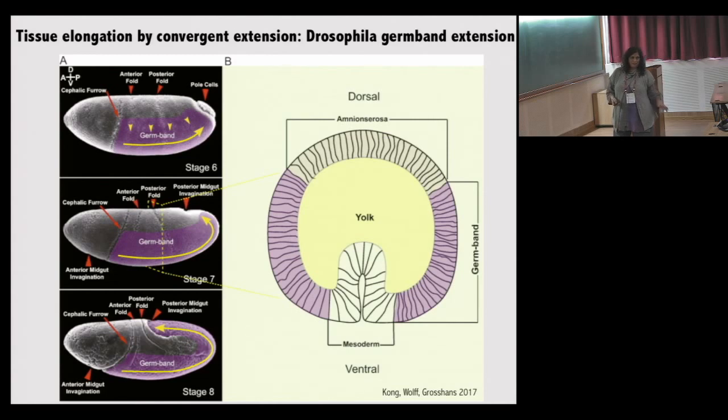embryo, right? So when I say stage 6, 7, 8, it's not the nuclear division cycles. You've already got a lot of morphogenesis that's already happened. It's cellularized. The pole cells are getting internalized. There are these parasegments. But this broad purple shaped structure progressively becomes narrower and longer and adopts this sort